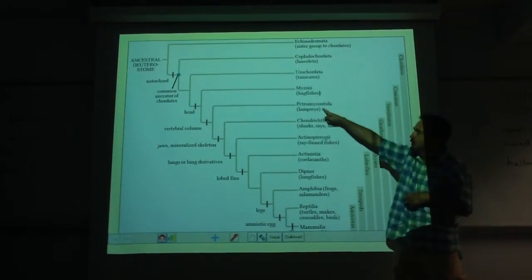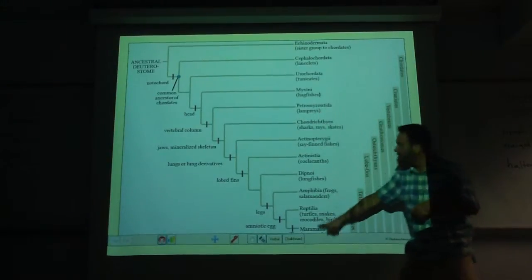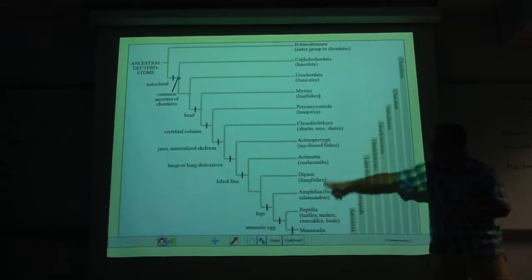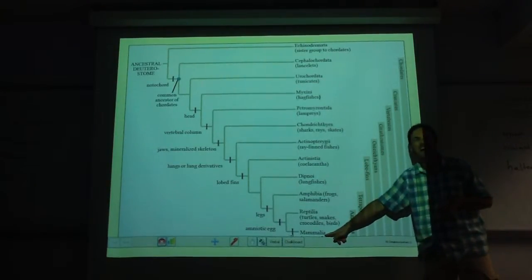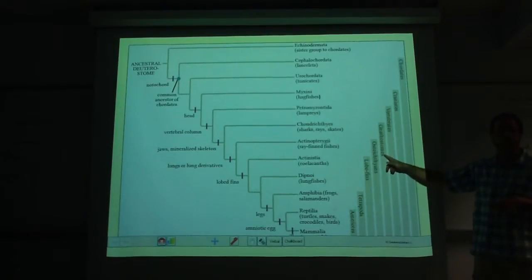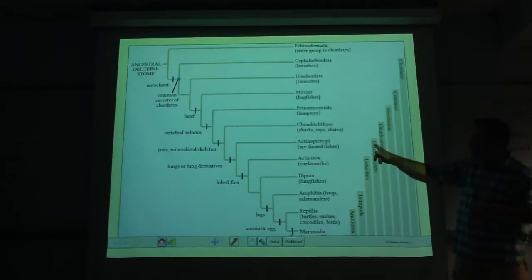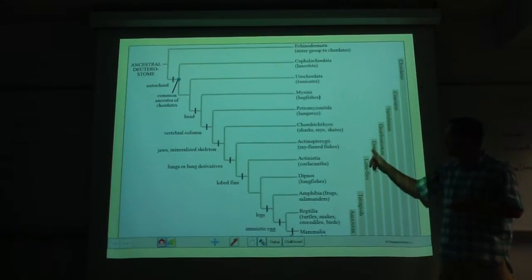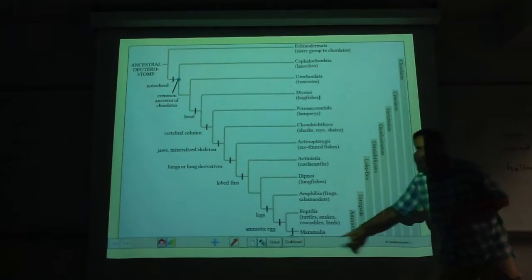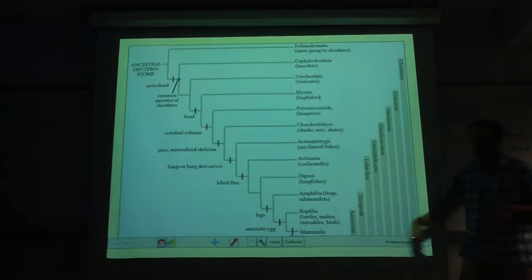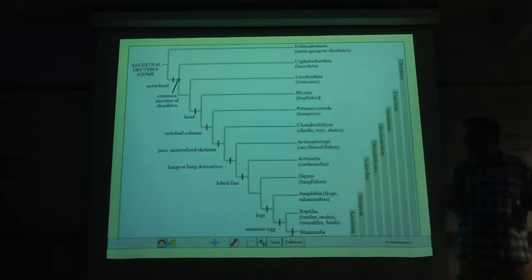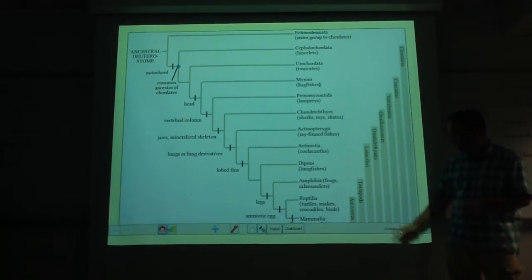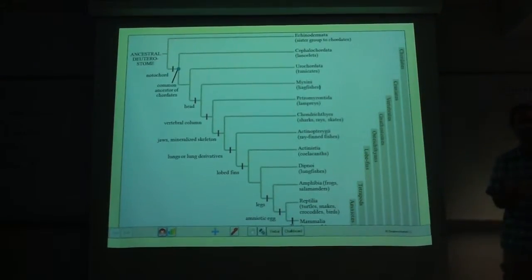You'll see that the only ones that are vertebrates that have a vertebral column are these guys. So maybe we could call this monophyletic clade Vertebrata. How about these guys? They all have jaws. We could call them gnathostomes, jawed mouth. If we use this word Osteichthyes, it's kind of weird to have ichthy in there, which means fish, but with the osteo part, these are the only guys with an ossified or a bony skeleton. We could talk about the lobe fins that have skeletal elements that extend beyond the body wall. We could talk about this group of tetrapods that have 4 limbs, and amniotes that have a true land egg.